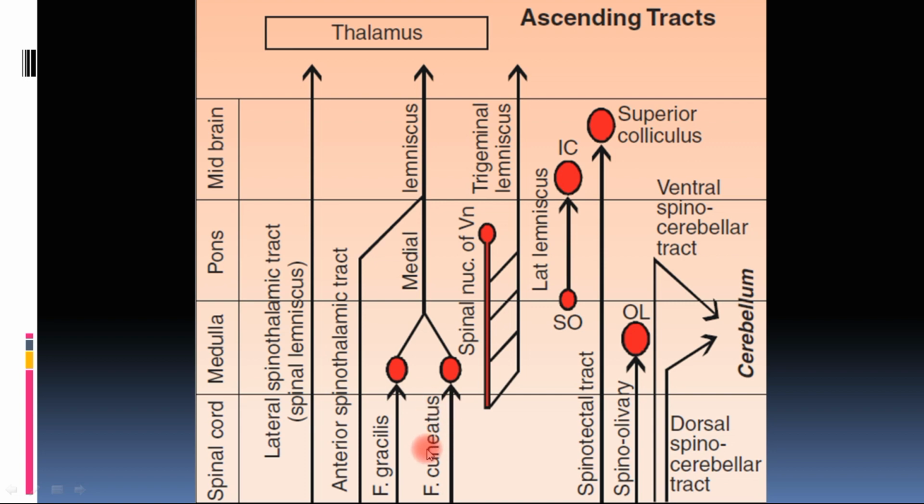So the dorsal column, at the level of the spinal cord, carries the sensation of the same side, whereas at the level of the spinal cord, the spinothalamic tract carries the sensation of the opposite side, as they cross over to the opposite side as soon as they enter, or within 2-3 spinal segments above. That is why they carry the sensation of the opposite side of the body in the upper spinal segments.